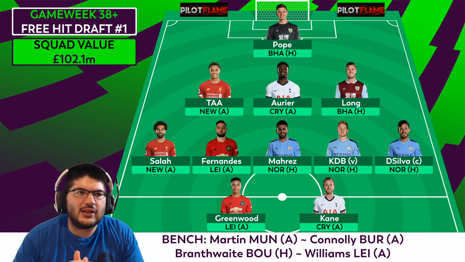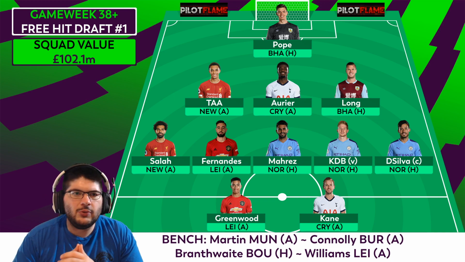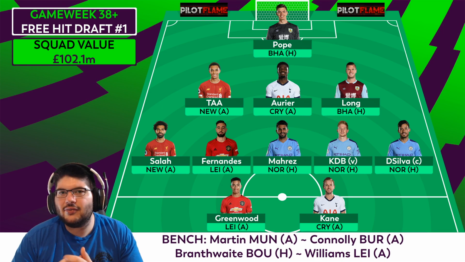And that bench is going to stay the same for all of these drafts and allows us to put more money into the team, which is exactly where we want it. We've gone with the Burnley double up for this draft here with Pope and Long in there. They have a great fixture of Brighton at home, and I see a lot of free hitters that are probably going to be going with a Burnley double up,